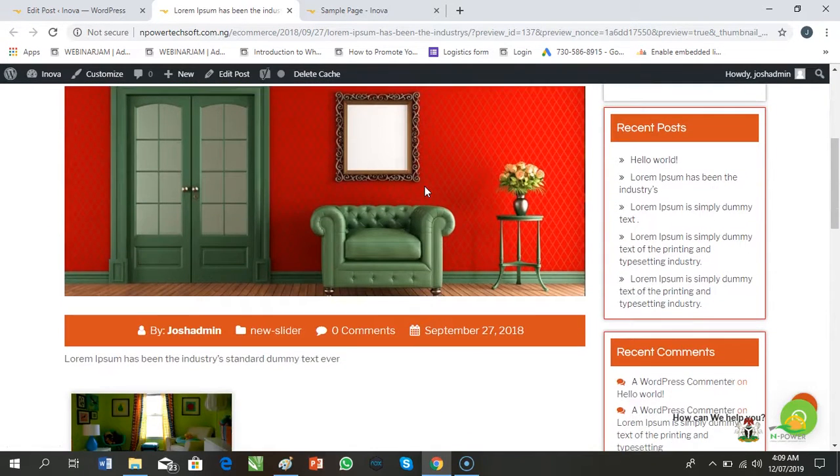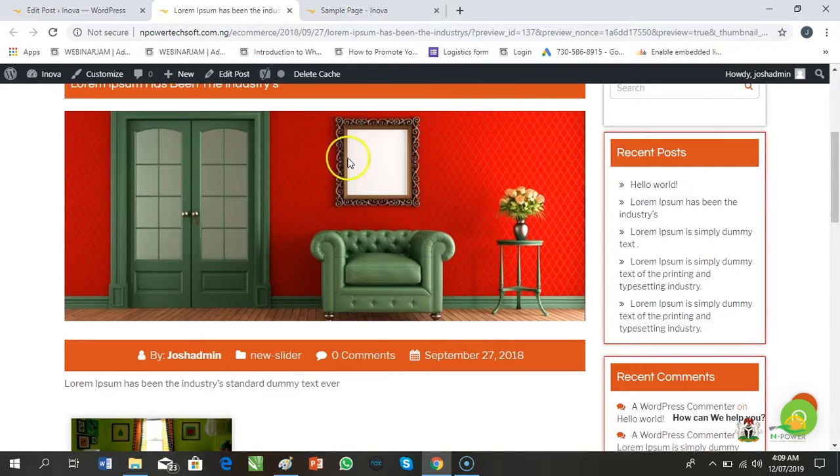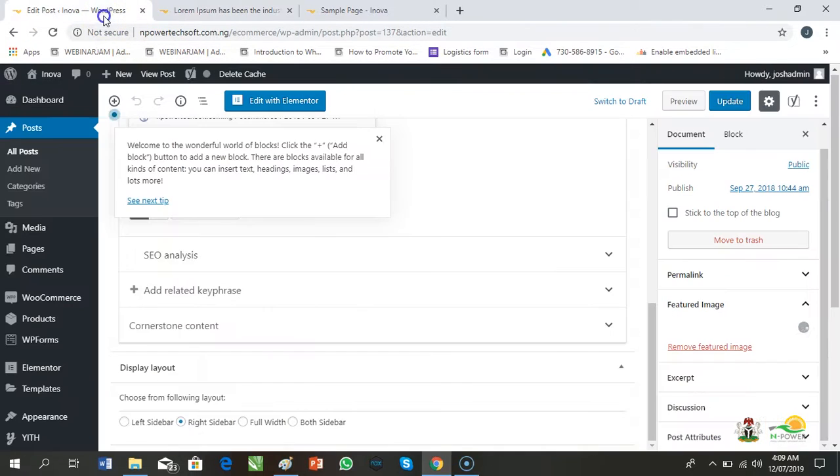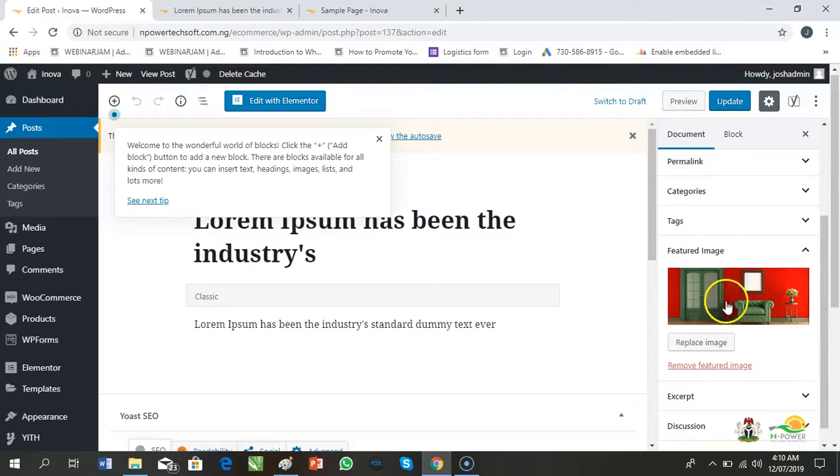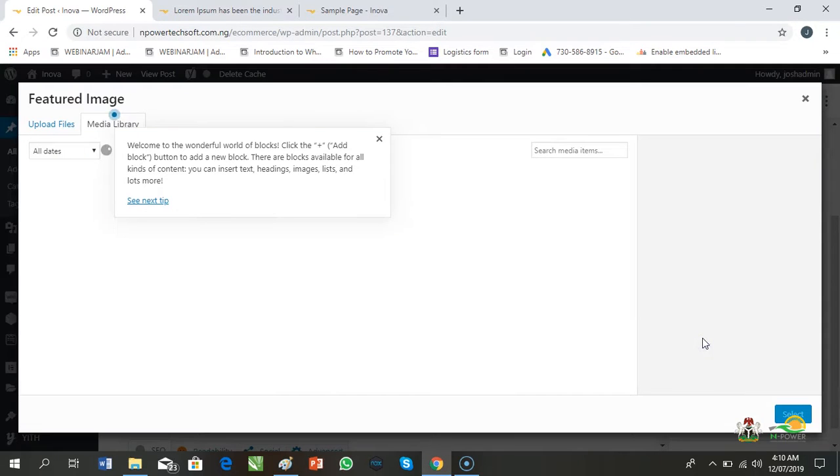This is what the preview looks like. This is the image that we're expecting to load under the featured place. Let me just refresh this page one more time. As you can see, it has loaded. You can always change this image to anything you want. Let's say we want to replace this image.